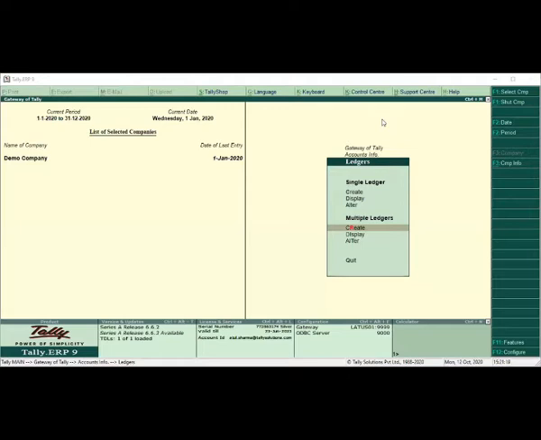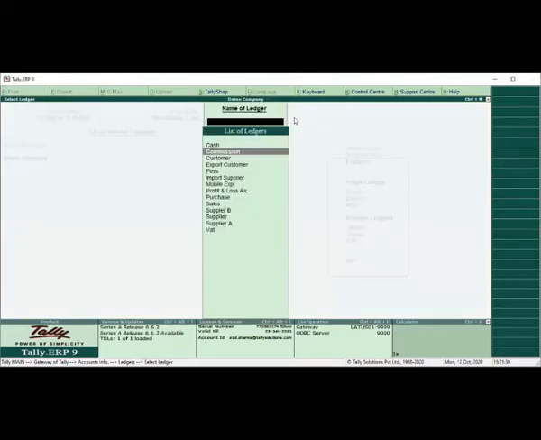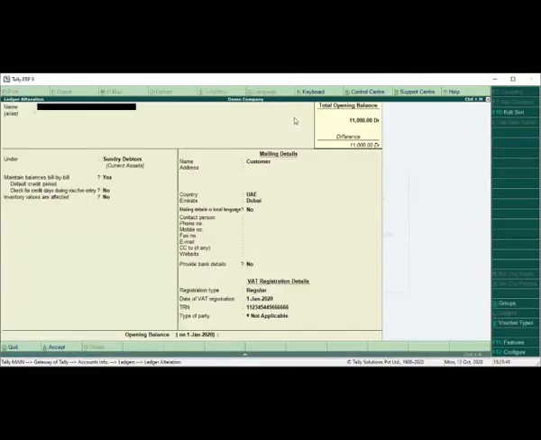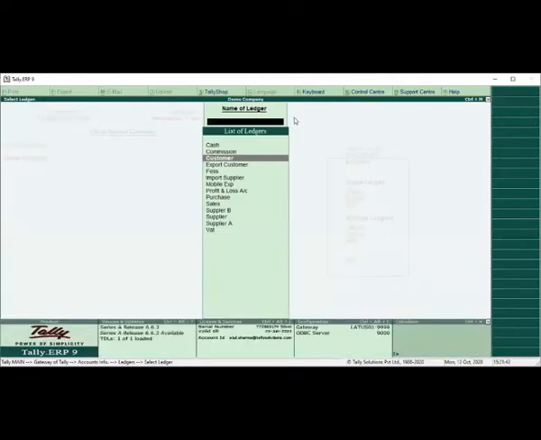So now you have set up the chart of accounts. Later on you think that some of the balances are not matching, or the opening balance you have given is showing wrong, and you want to make changes. How is it possible? Either you check the transactions one by one to see how much opening balance you have given and where you have gone wrong.